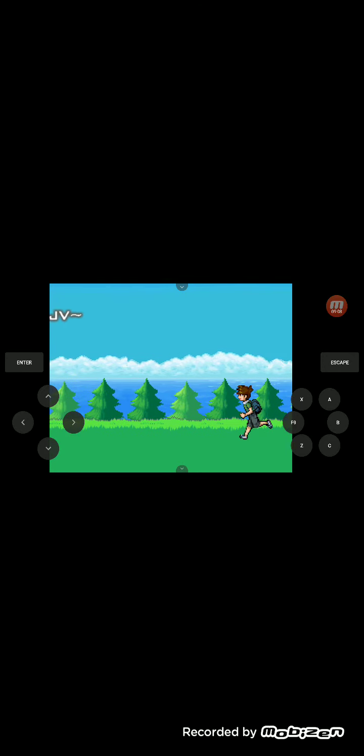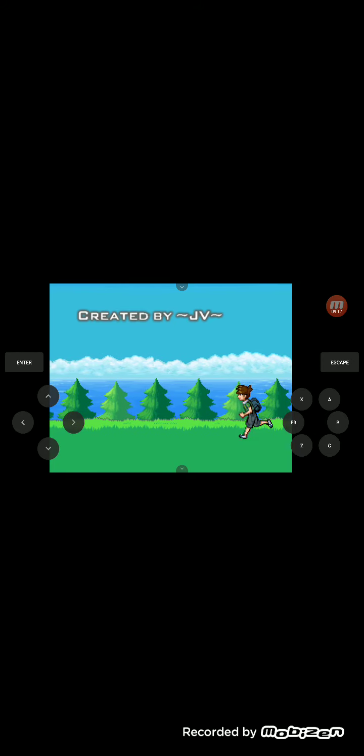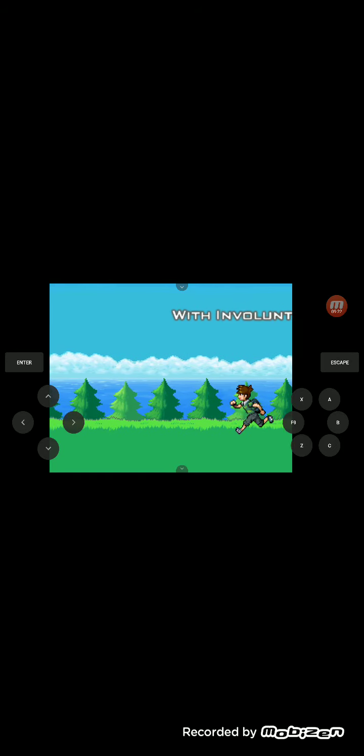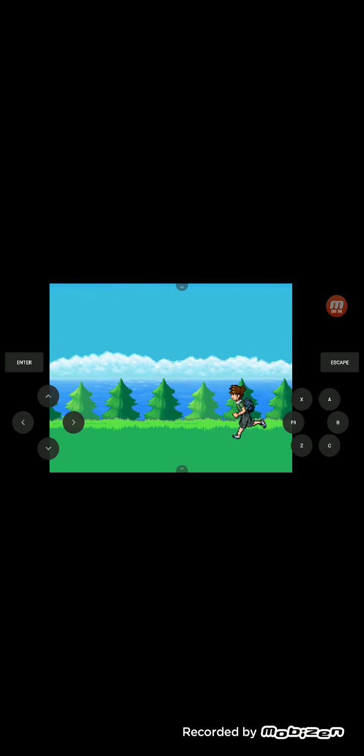And as you can see, the game starts to run. Yeah, this is the Pokemon. It is running very smooth, but it lags a little bit. It depends on your Android specification and configurations. Here, these are the controllers.